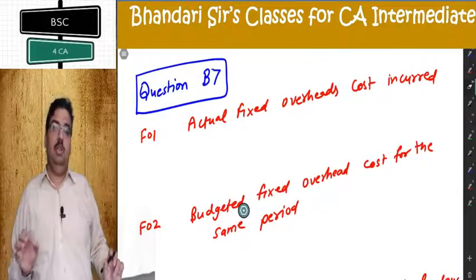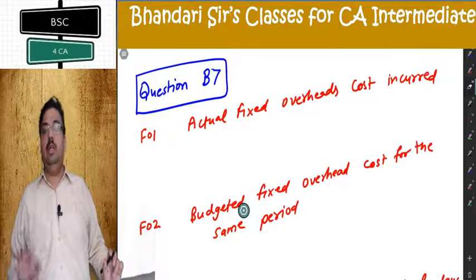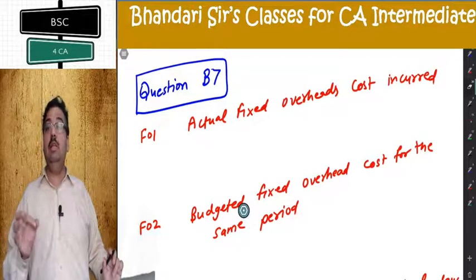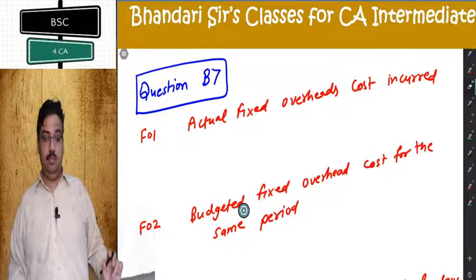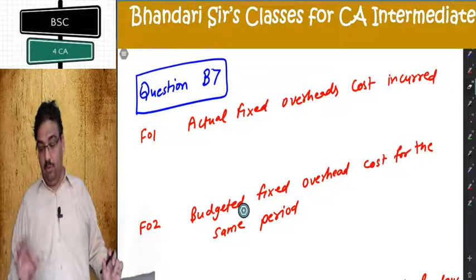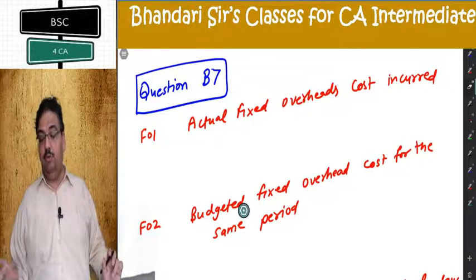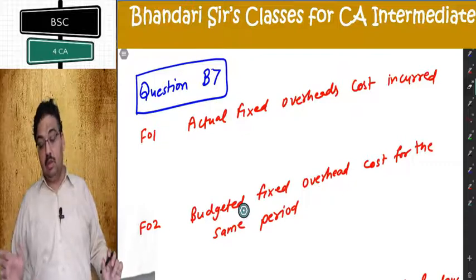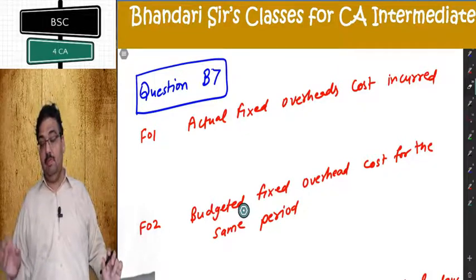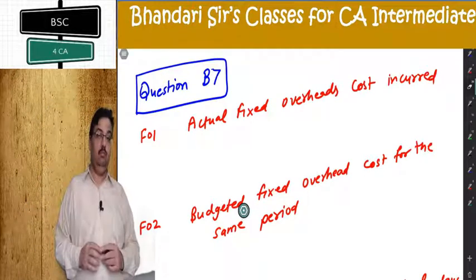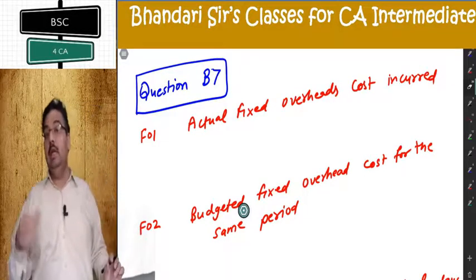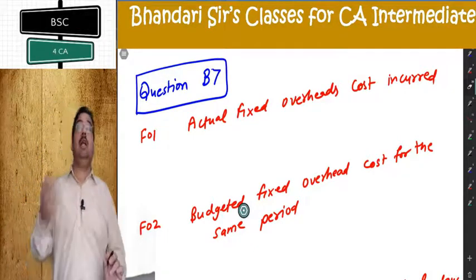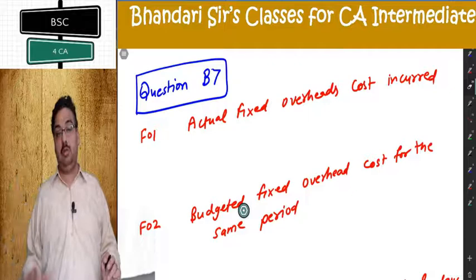So the next question is B7. It's again a similar question, 5 steps and a table. The language is very important. I would like to draw your focus on the 3rd and 4th columns of the table. The 3rd column says man hours per day. In FO3, I need man hours, but not per day. So I need to multiply it with the respective days to get total man hours.